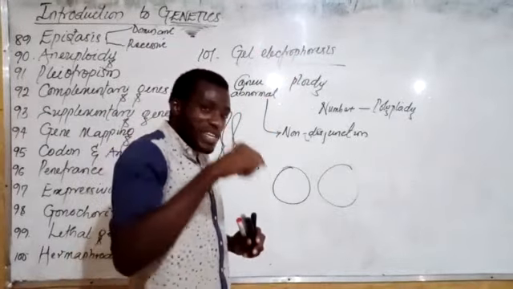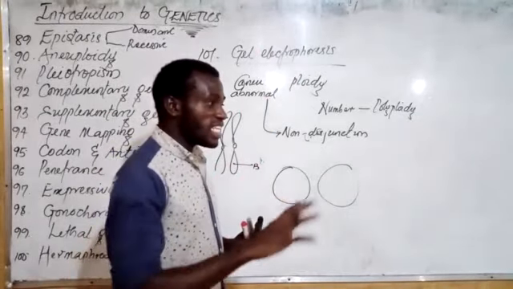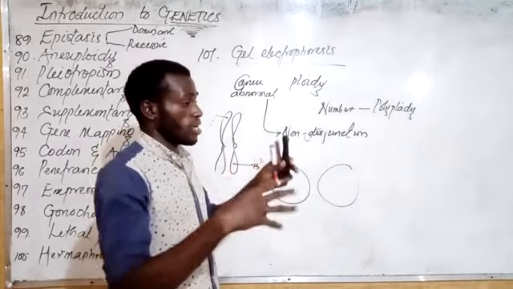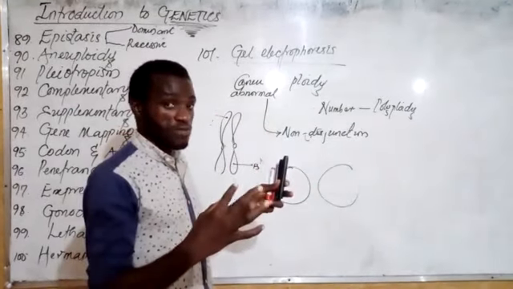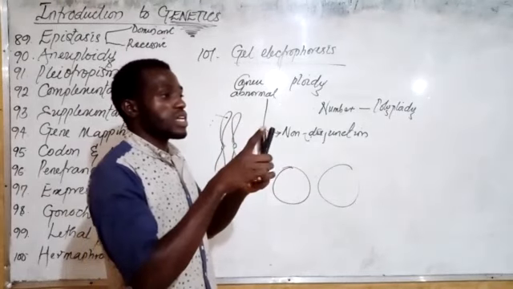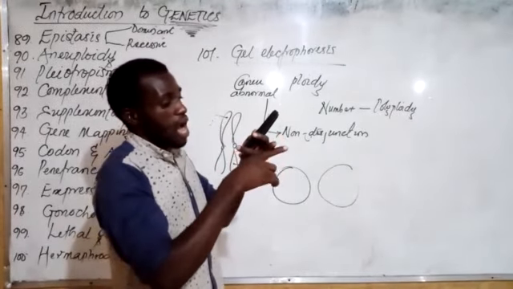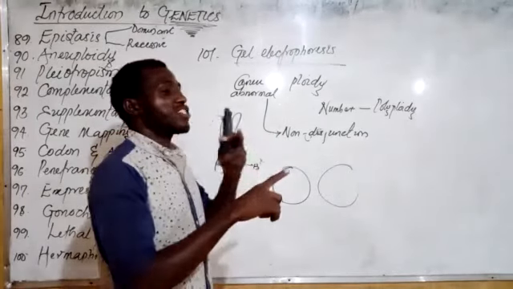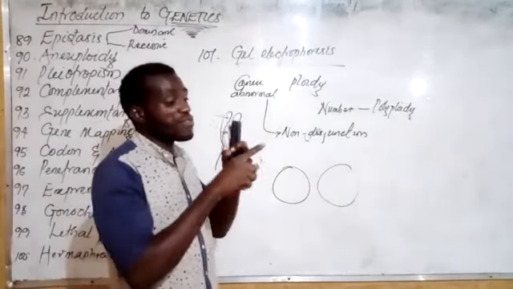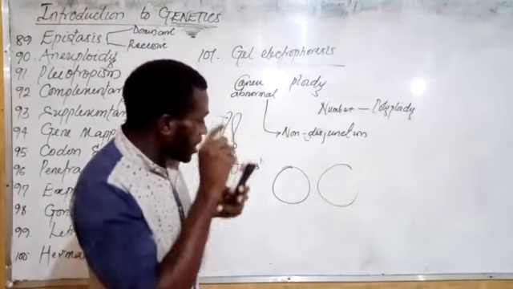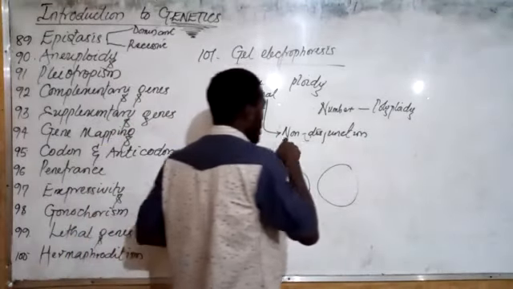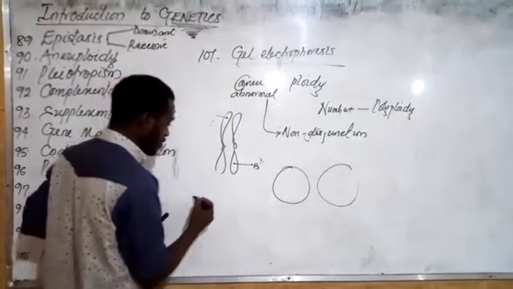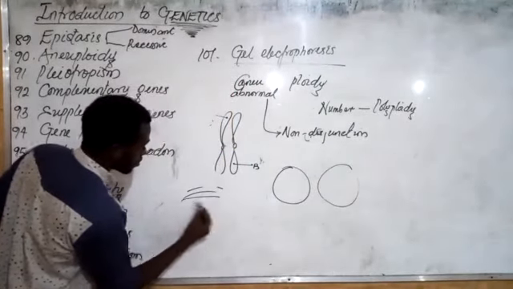So at the metaphase, the kinetochore would have formed a spindle fiber, and the spindle fiber will begin to join to that kinetochore. When they are joined, it's called capturing. So if capturing doesn't occur in that metaphase, there is a possibility of non-disjunction,